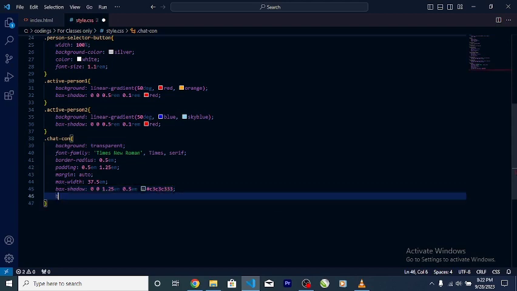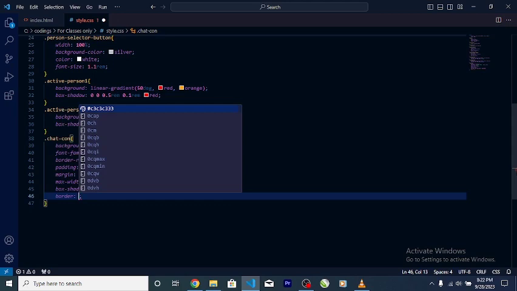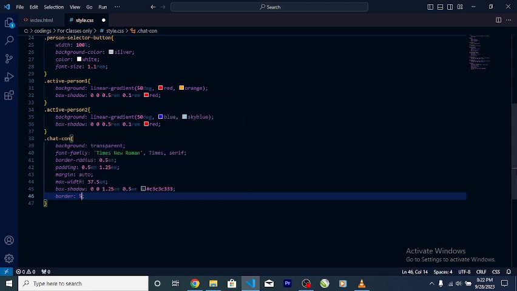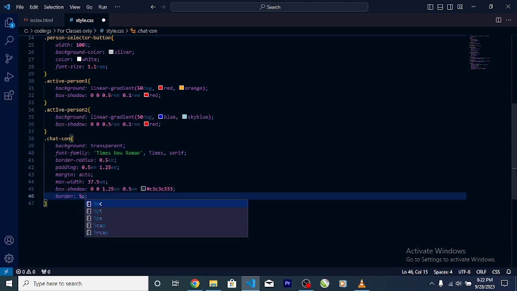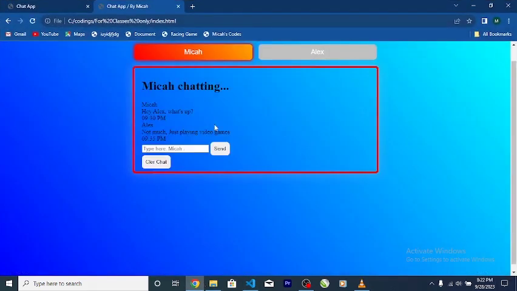and then we're gonna say border: 5px solid red. So if we save, go back here and refresh, now I see this is looking okay,